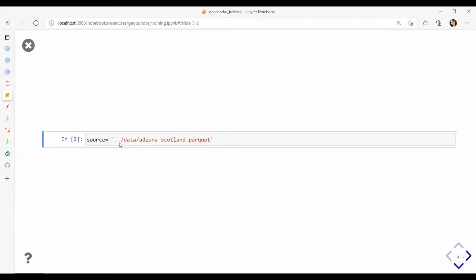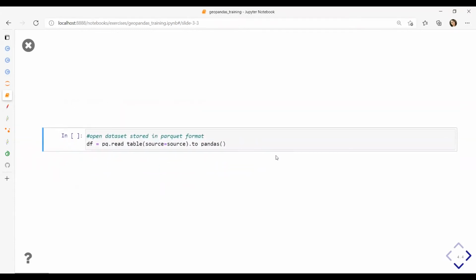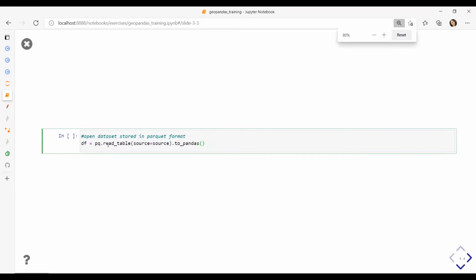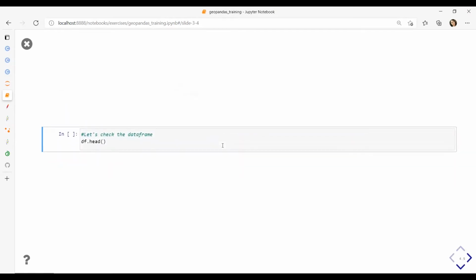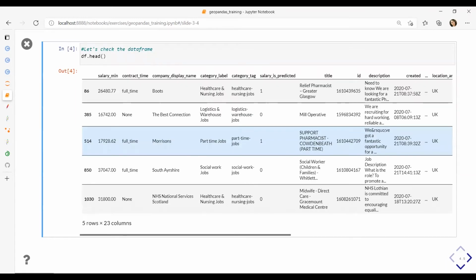So I'm specifying my data source. And now I'm going to open it. Right, let's do it like this. My source, and convert it to a Pandas GeoDataFrame. So, let's have a look at the data frame. So this is what our Adzuna data looks like. It does have information about the job title, its category and tag.